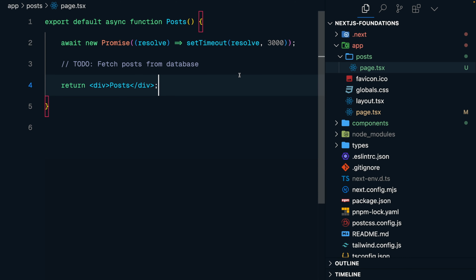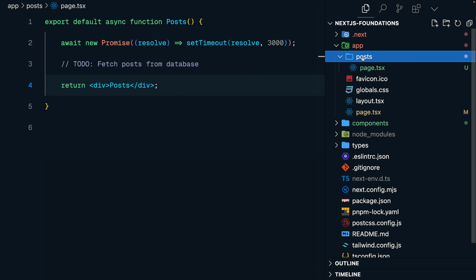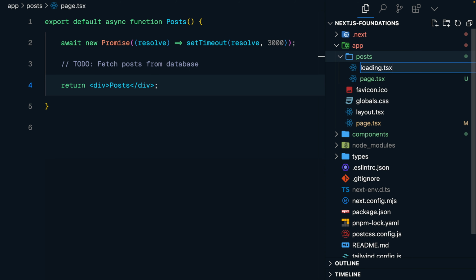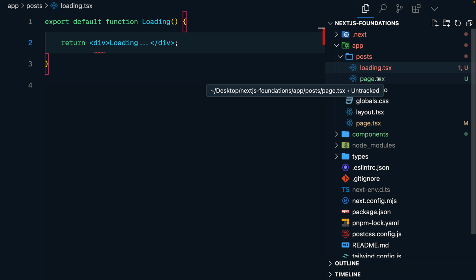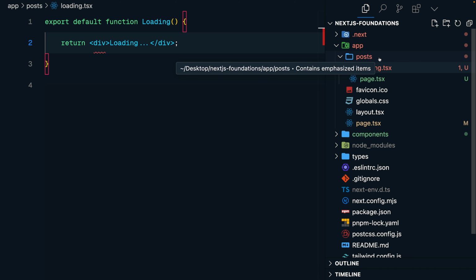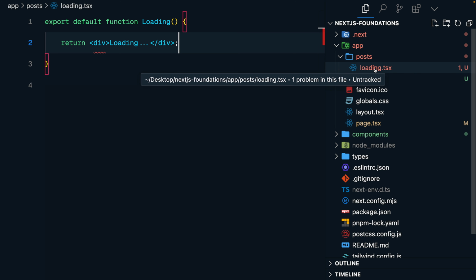So this is not a good user experience. What we can do about it, inside of this post folder only, I'm going to create a new file called loading.tsx, right? And you can add your loading UI in this one. Now, just by adding this loading file to this route segment, if any page in the current route segment or any children of this route segment take some time to load, we are going to show this loading UI. So now when I refresh the page, you'll see that we are first seeing this loading indicator,